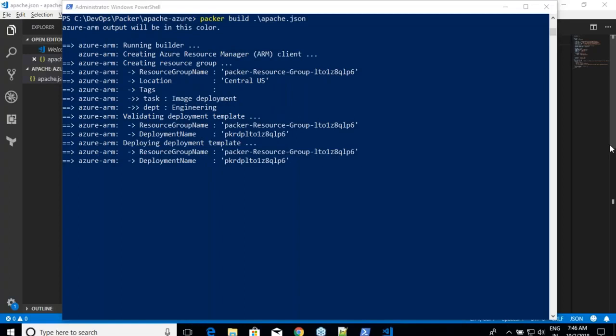If you remember, in Amazon, it was creating a security group, and then it was creating the EC2 instance. Then it was creating a temporary key value pair. It was logging in into that, and once it does all of that, it creates the image successfully. Then it will delete all of the stuff which it has created. So there is no need for you to do any sort of cleanup. Packer will do it on its own. Okay.